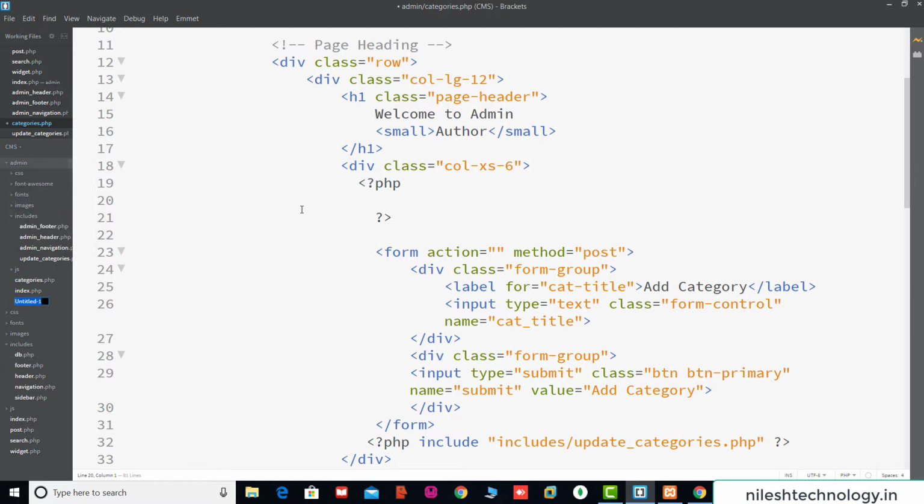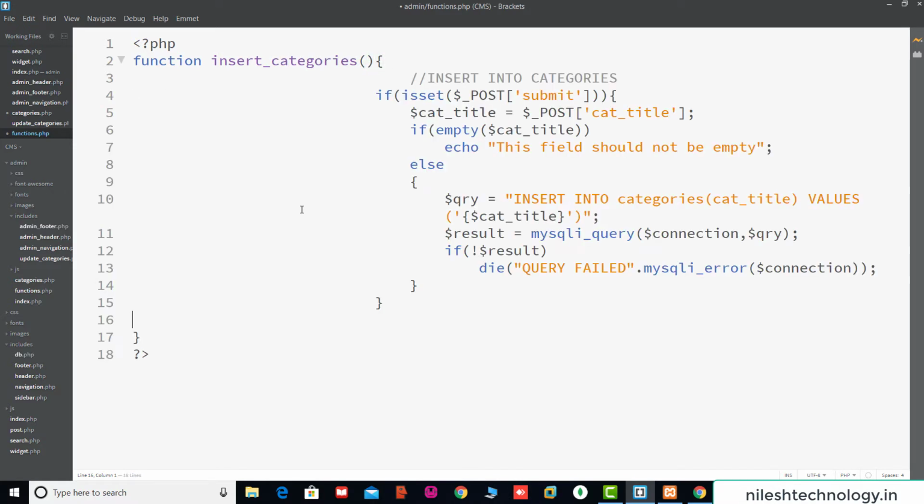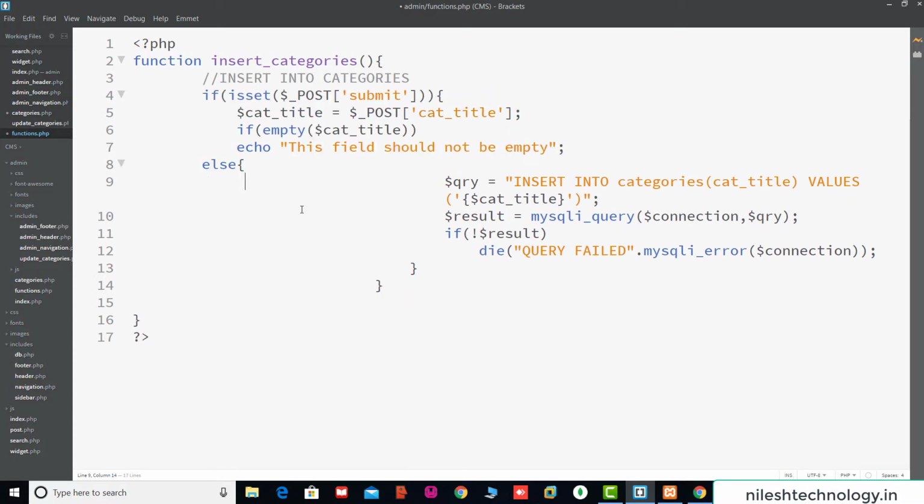The file name is functions.php, and here we use the PHP script and give one function. My function name is insert_categories, and here we move that code inside this function.